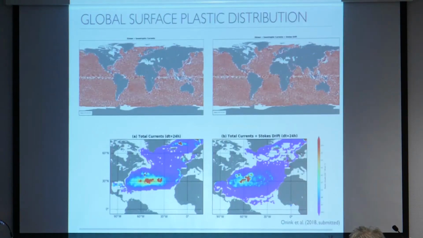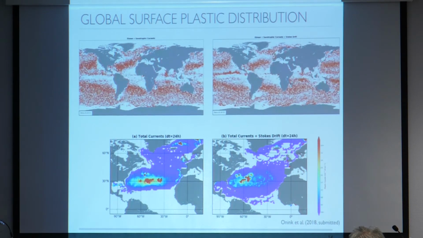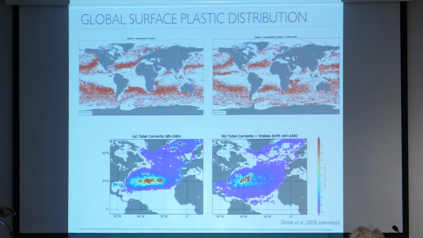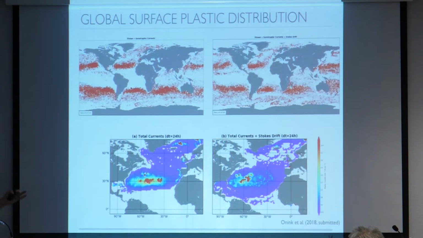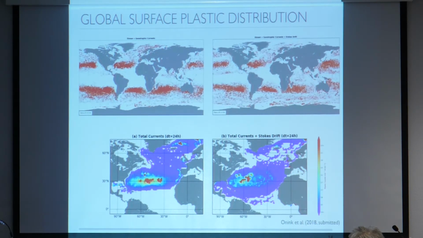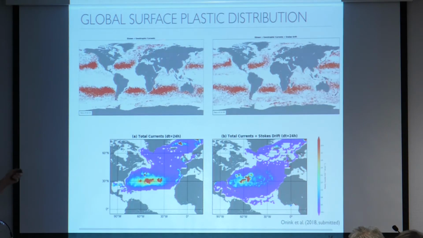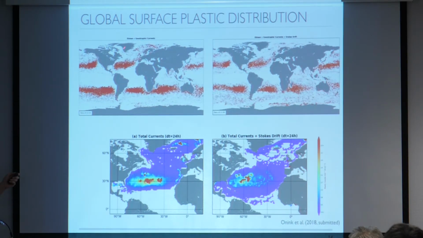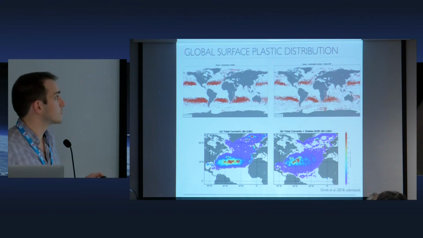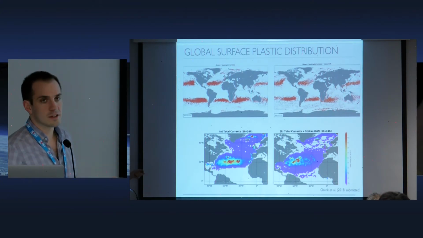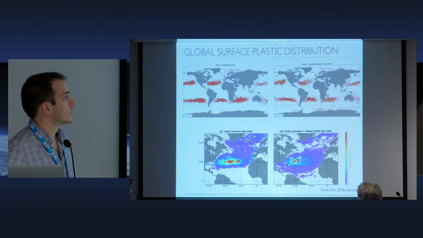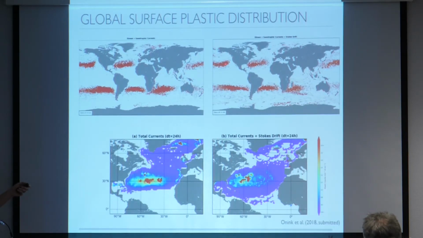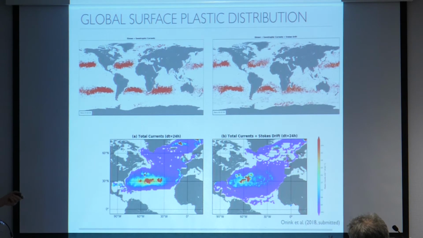Now let's go back to a broader picture. This is a study that has been done by Victor Oning, who was a master's student last year in Utrecht. Now he just moved to Bern to start a PhD. He ran some plastics using just Ekman transport and geostrophic flows, and then on top of that, he added some Stokes drift. He wanted to see what's the importance of Stokes drift in terms of the accumulation patches and also in terms of